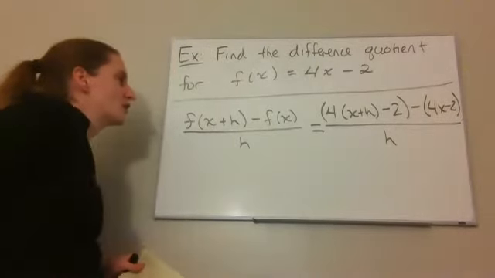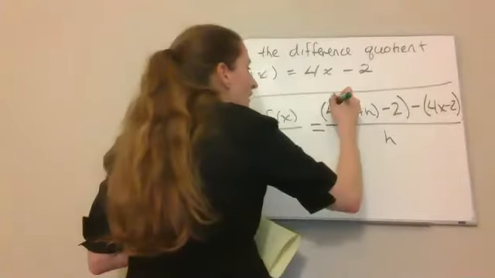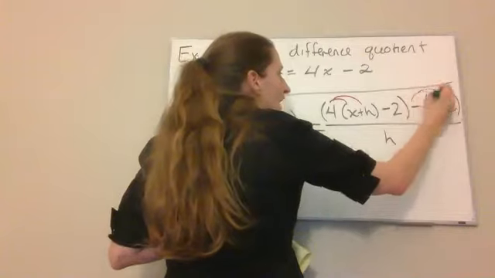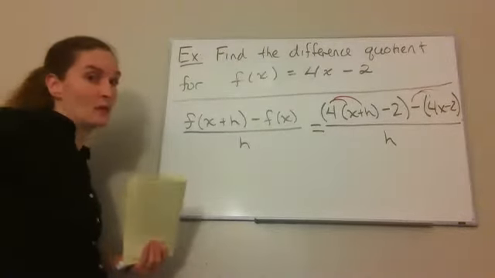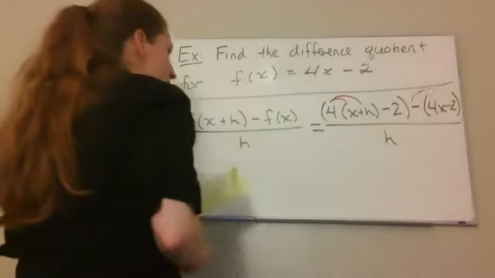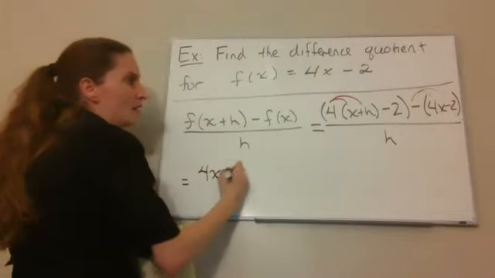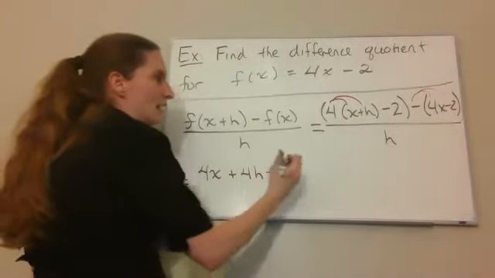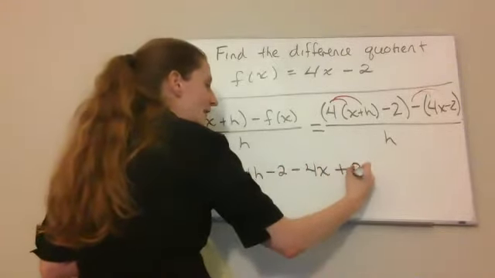So what we're going to do to try to simplify this is we're going to distribute this 4 here. I'm also going to distribute this negative, and then I'll be combining like terms across the top and see what happens. So I'm going to get 4x plus 4h, I have minus 2, and then I have a minus 4x, and minus negative 2 makes it plus 2,